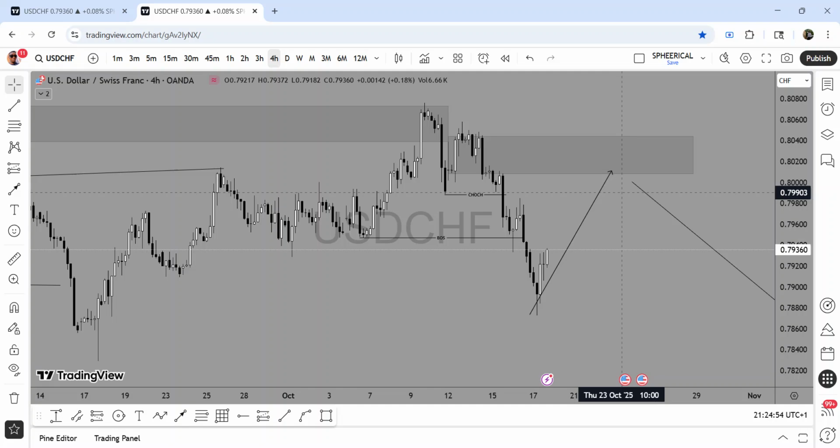But no, this supply zone, this 1 hour, this 4 hour supply zone is not even falling within the 1 day point of interest. This is a 1 day key level. So I'm not going to take any of this point of interest that is forming here unless the market came here. If I saw the market at this 1 day point of interest, I will now consider selling